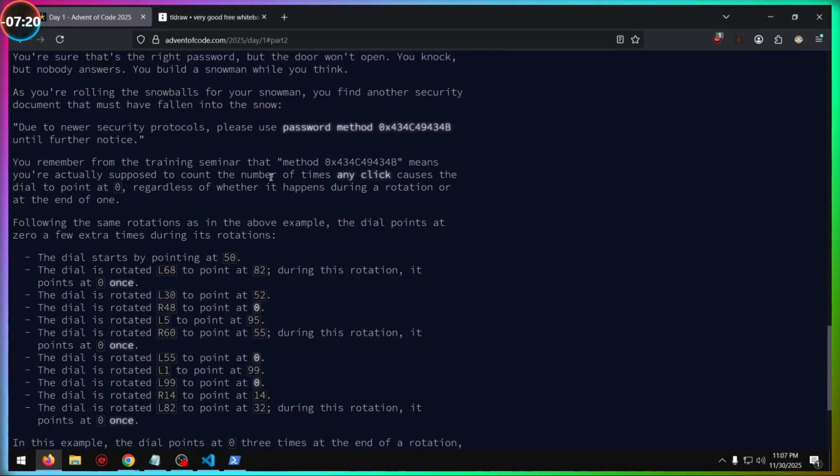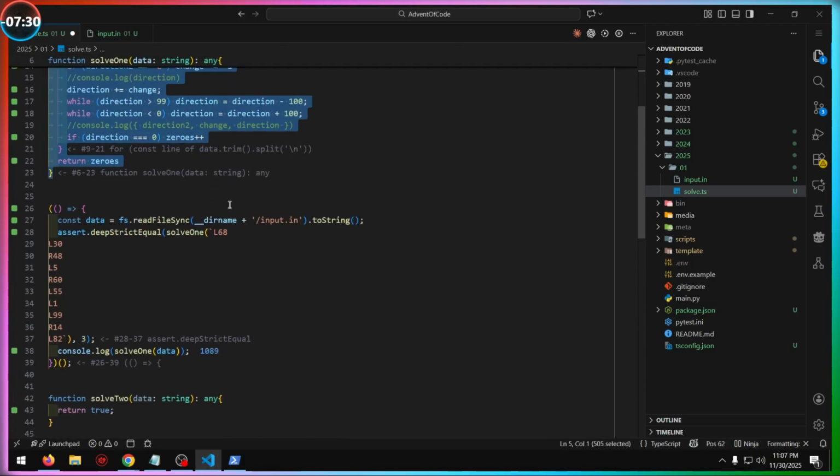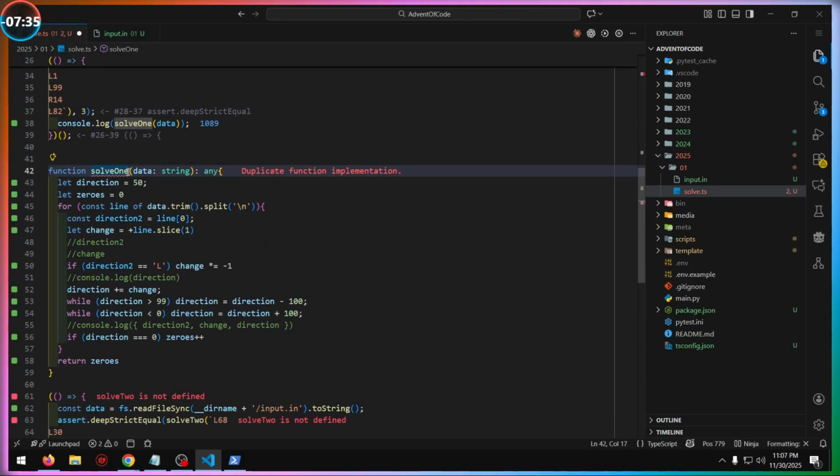Okay, what have we done wrong this time? Count the number of times any click caused the dial to point to 0, regardless of what happens during rotation. Okay, that's not too hard. Those are the words I chose to use. It's basically anytime it crosses the 0. So basically whenever these would hit and these would hit,